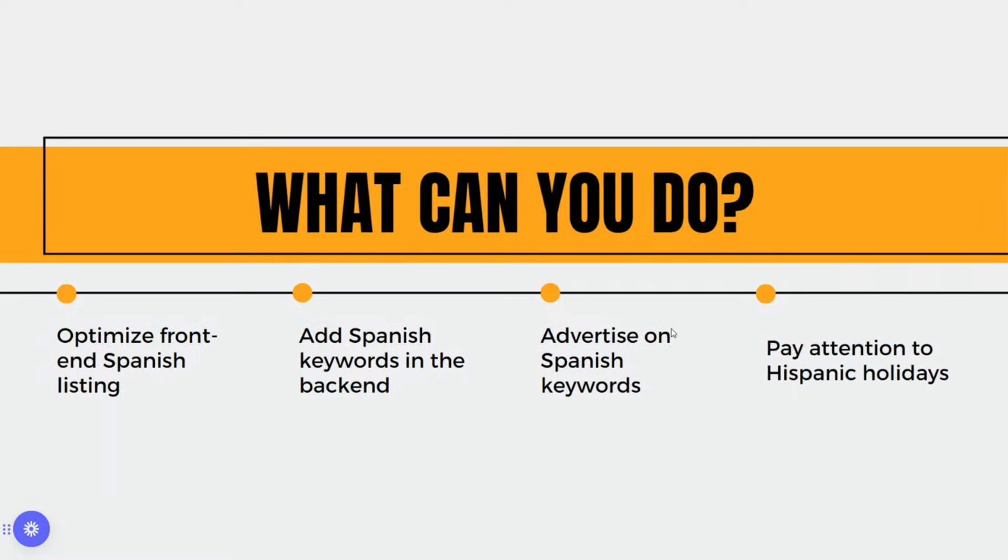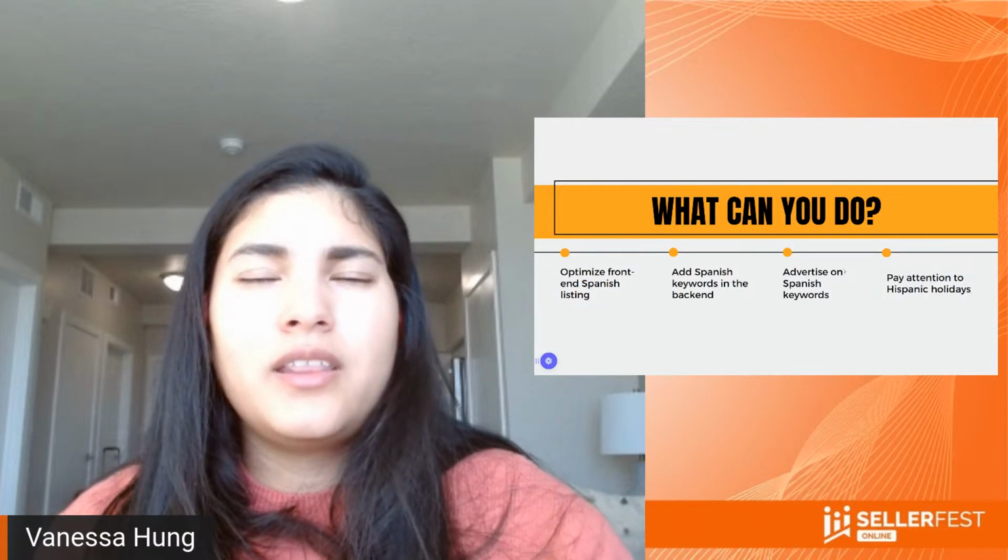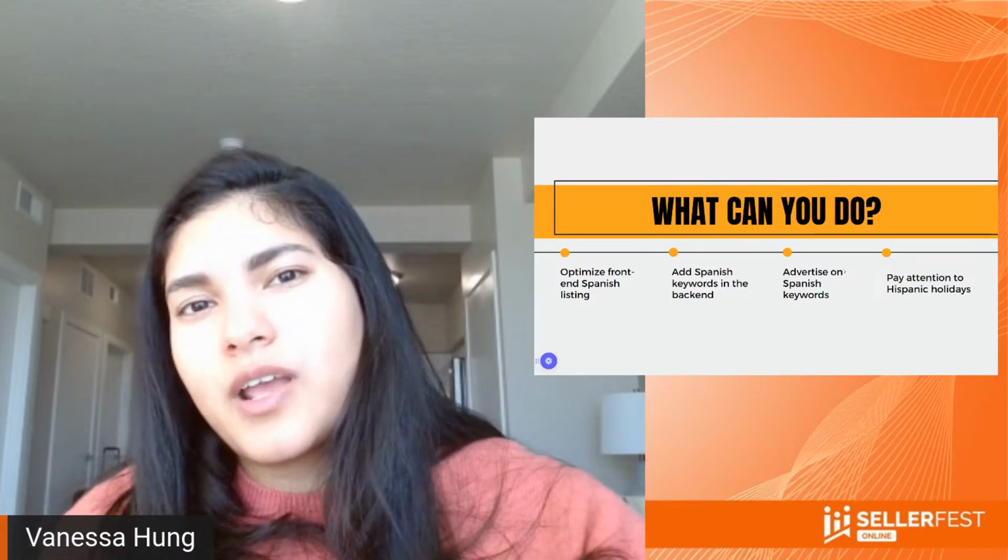And the last thing is pay attention to the Hispanic holidays. And I love this. This is the best hack, because there are some holidays that are different for the Hispanic market. For example, Mother's Day in Colombia is in September, and Father's Day in Bolivia is like in October or something like that. So what can you do if you have 3 or 4 Mother's Days in a year, right? And if you optimize for it, and for the same season you create coupons and you create advertising in Spanish, you can start driving traffic.